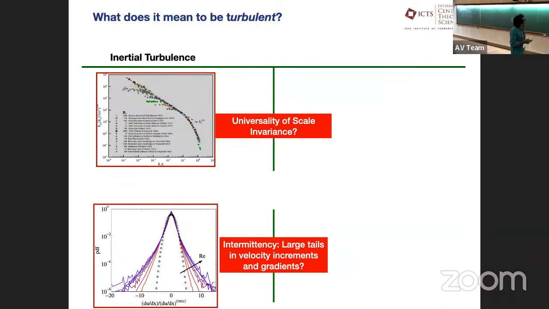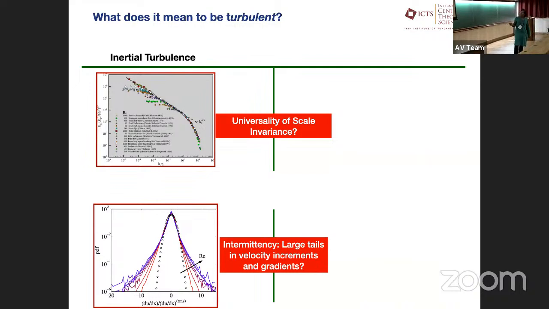One is that turbulent flows are scale invariant. What I mean by that is if I measure the kinetic energy across scales, which is best done in Fourier space, so I'm going to measure the energy spectrum and the distribution of kinetic energy across Fourier modes. What we end up having is an intermediate regime in K space where there's a power law. So that's what scale invariance really means. So there is no scale in the problem.